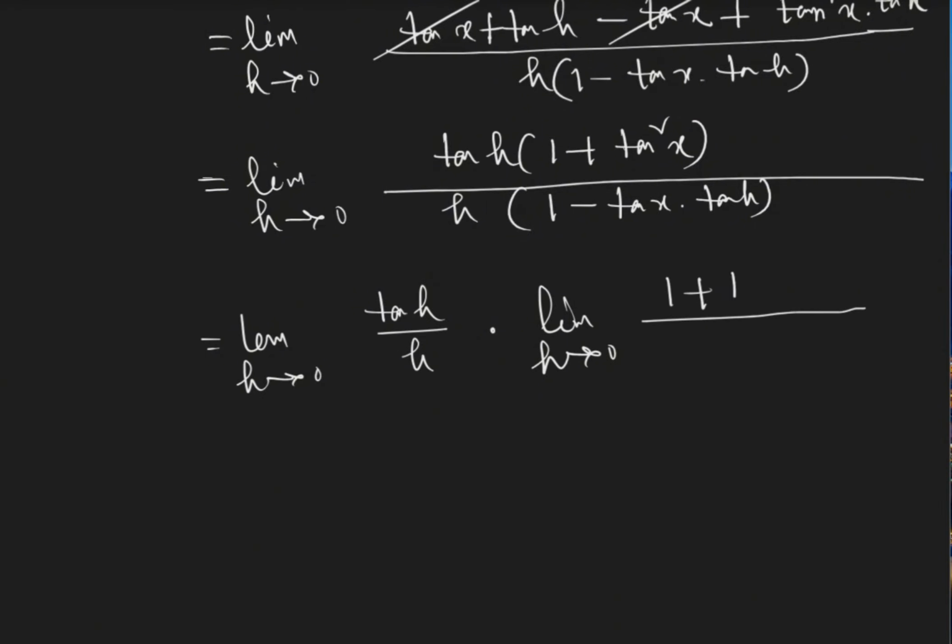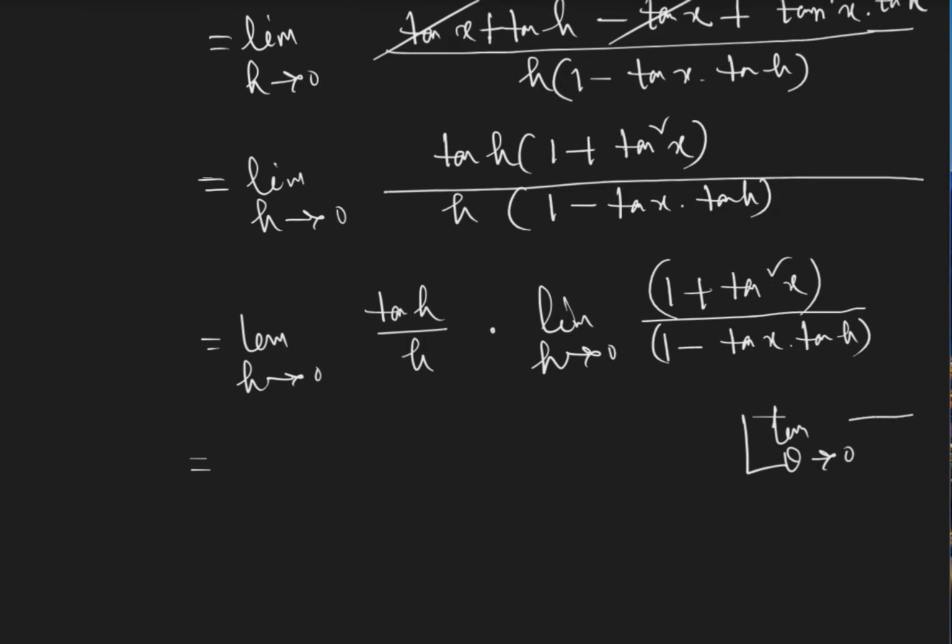So 1 plus tan square x over 1 minus tan x and tan of h. So as we know that limit theta tends to 0,